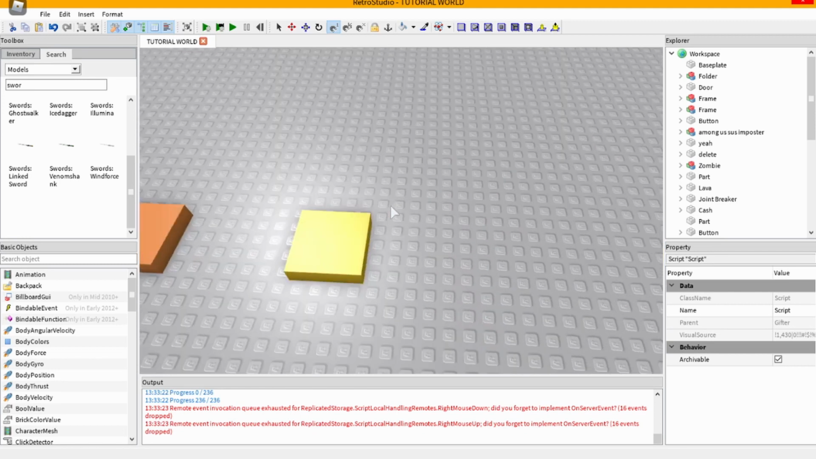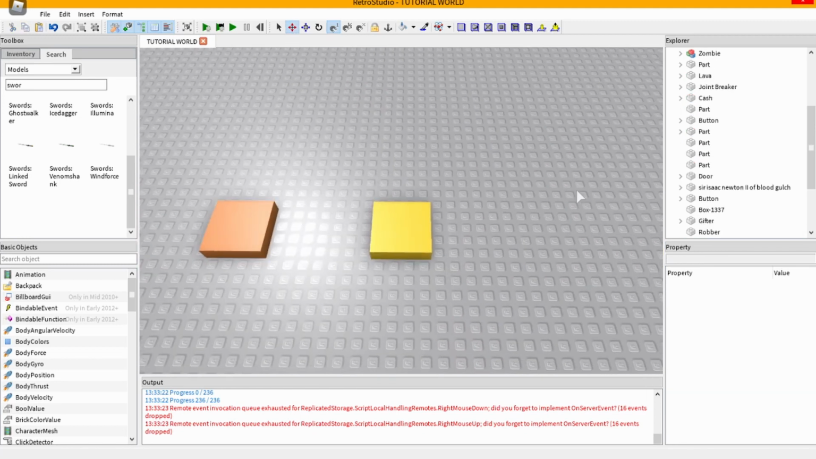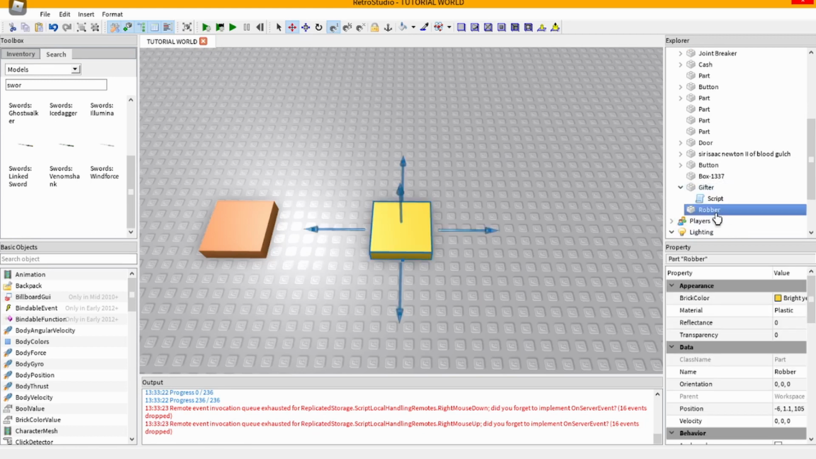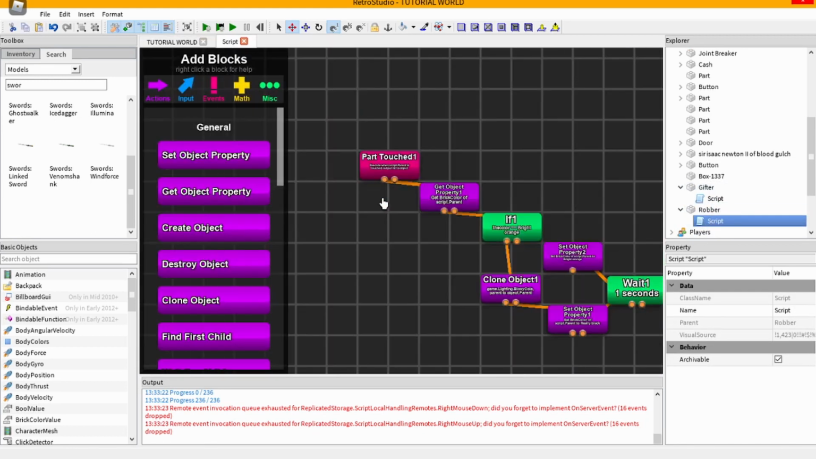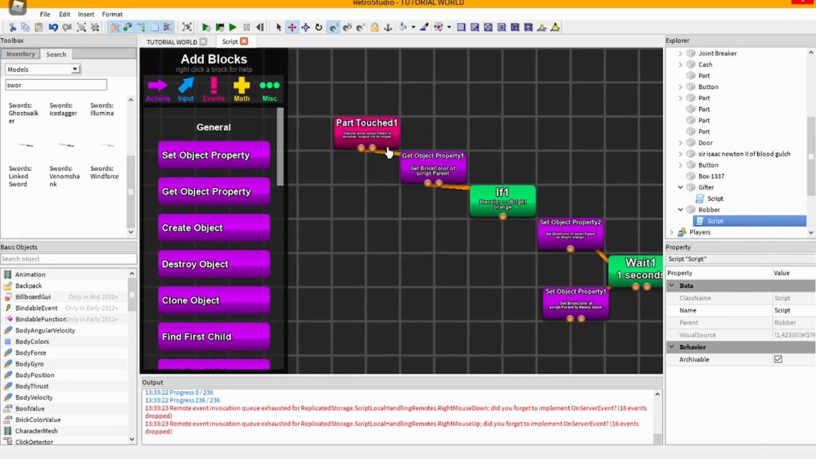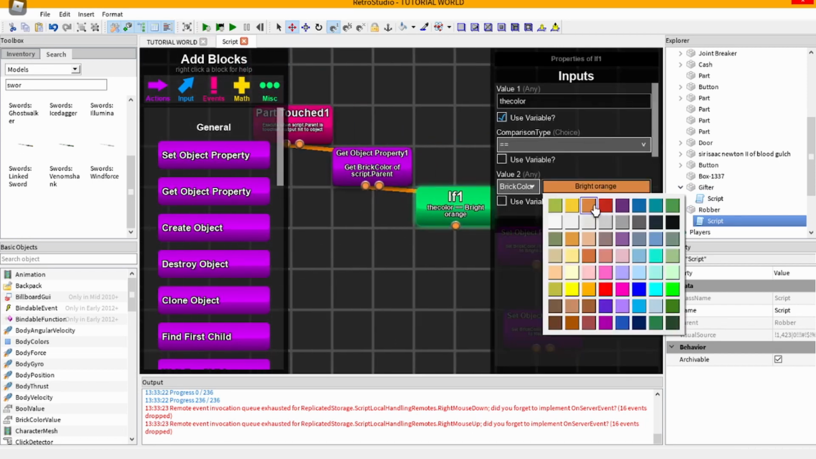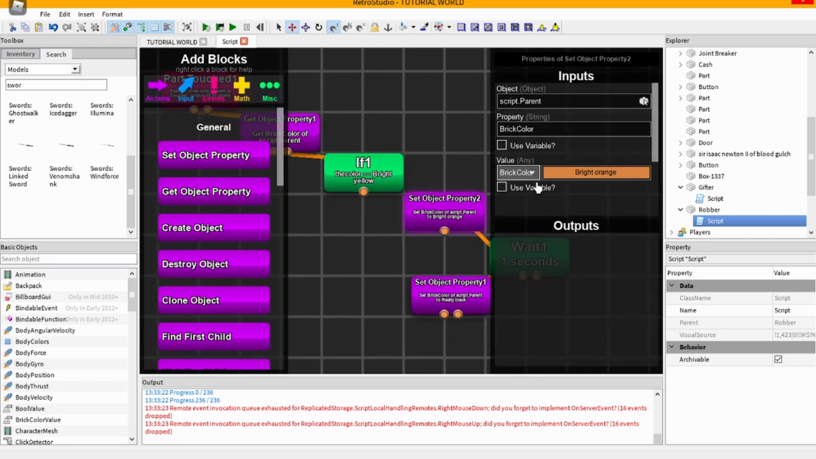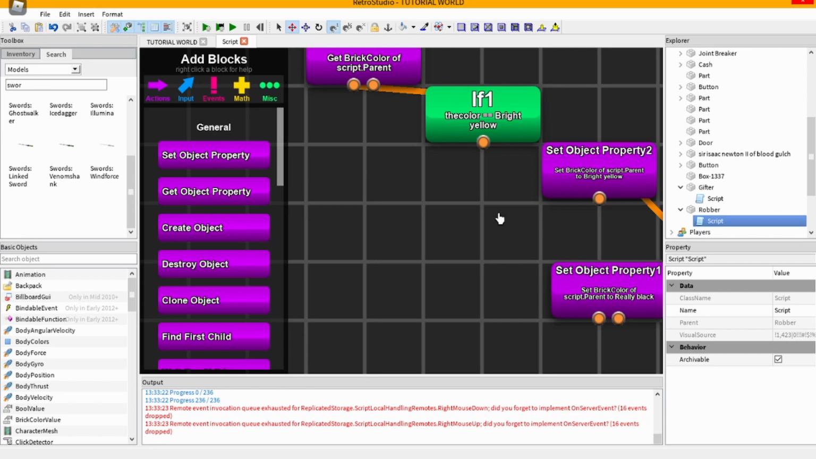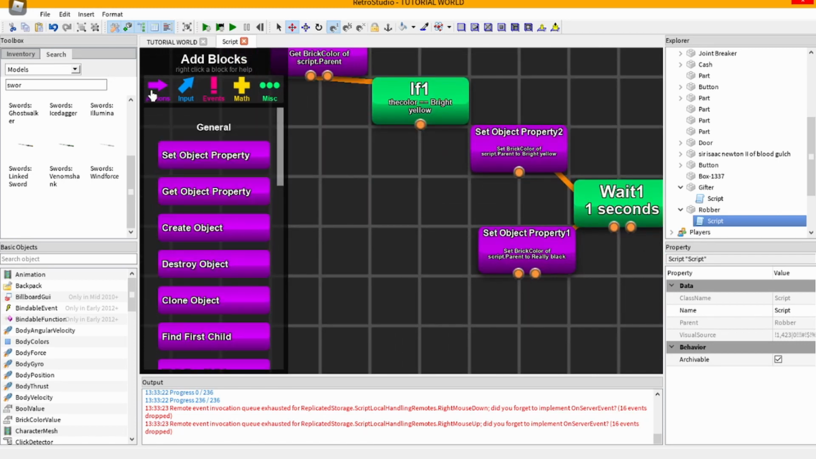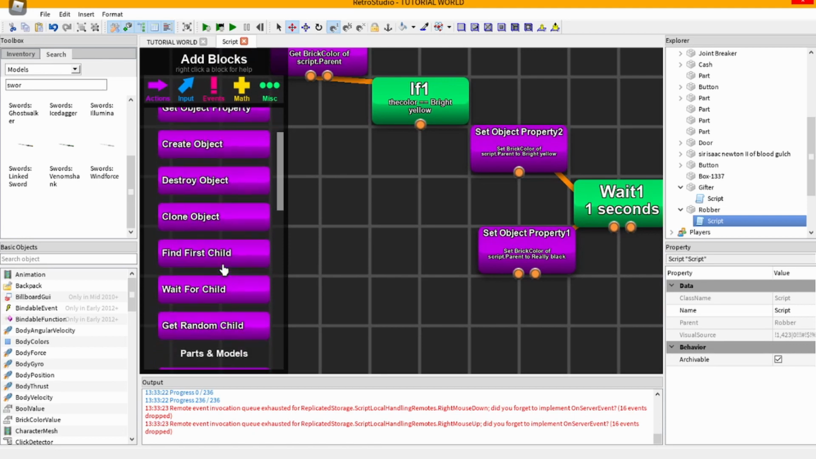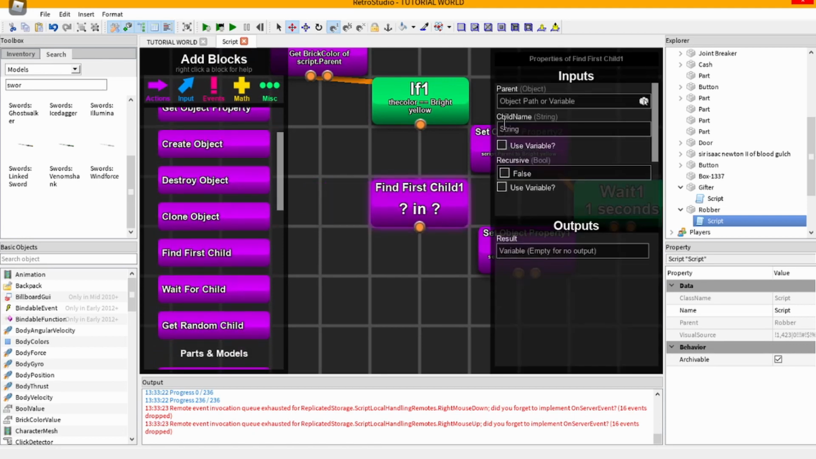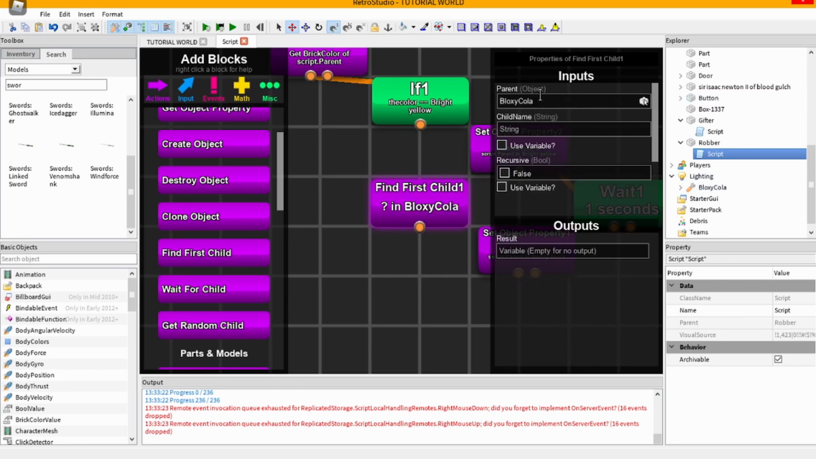So this successfully gives us our tool. Now we want this button to delete the tool from our inventory. As a basis, we'll get the same script, okay? But this time we'll change the color, because it's the color we set the part to. So now this is where the action goes. Now it's gonna remove the tool from your inventory. It's gonna find Bloxy Cola in the player,